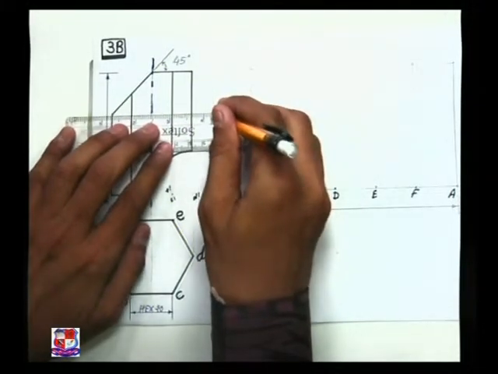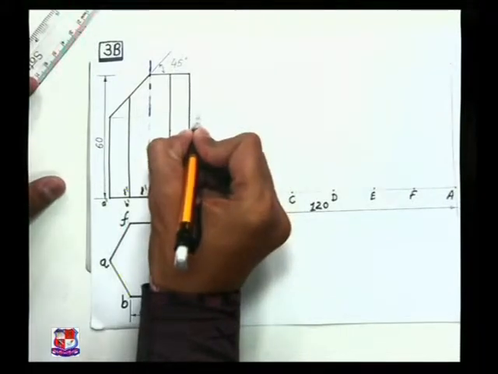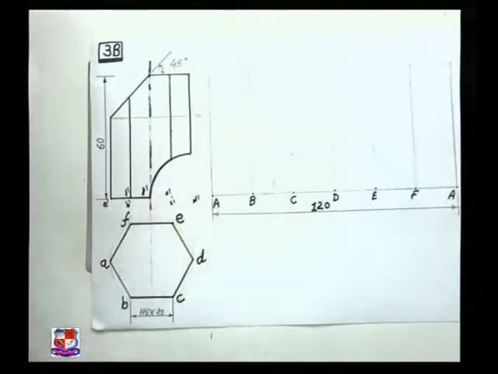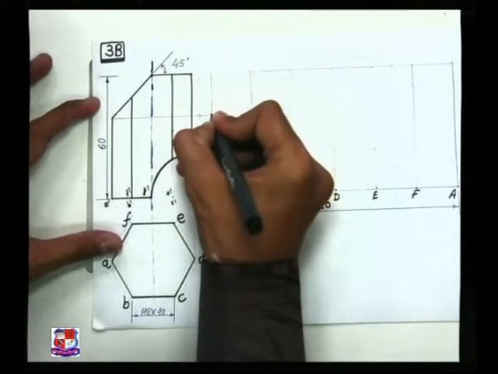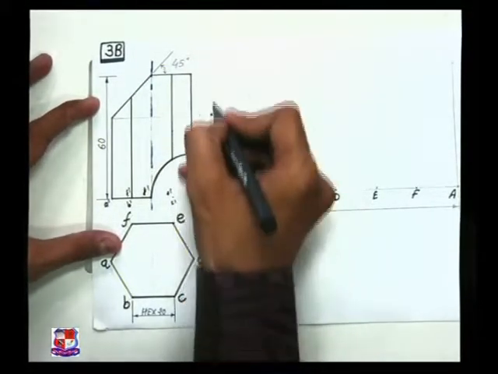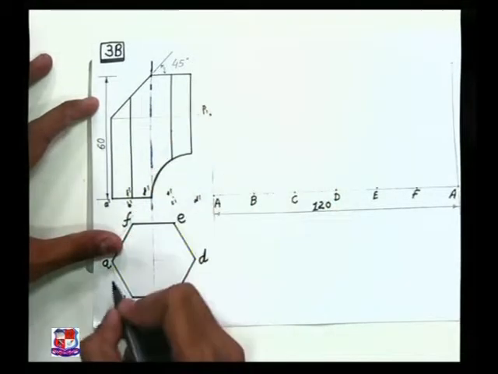In examination you have to draw very light lines, project these lines, and that line will cut A at one point. So this is the point on A, one point is here. So mark this point as point number P1.